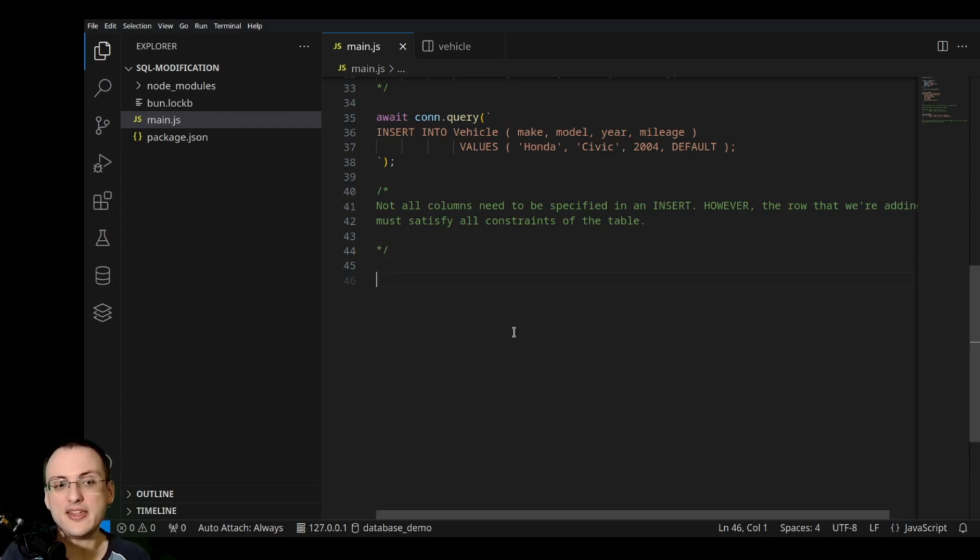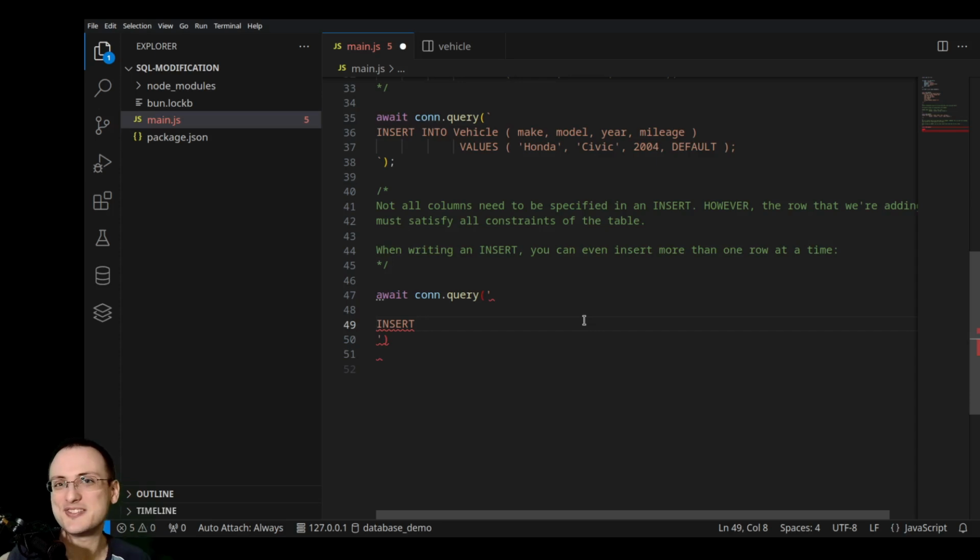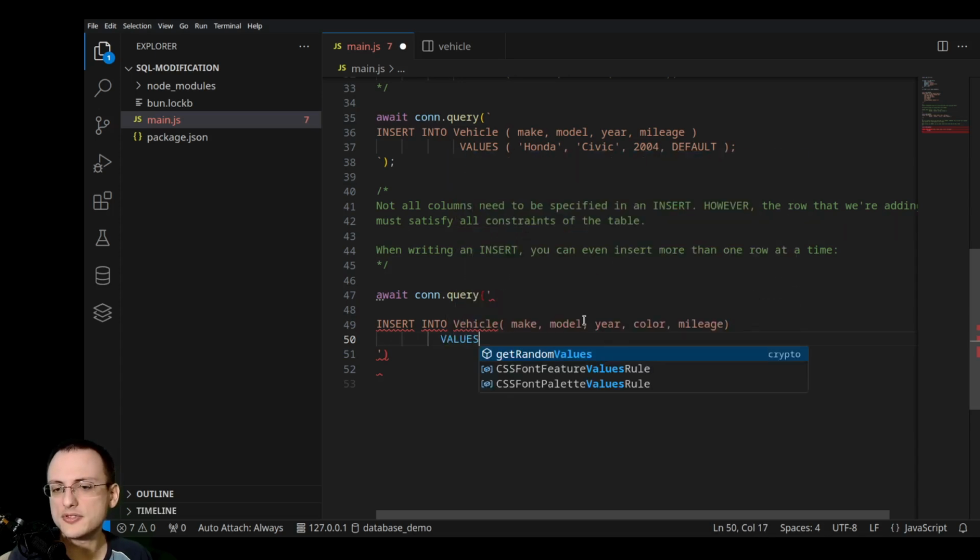The one other neat thing about insert statements is that when writing an insert, you can even insert more than one row at a time. If you want to do that, all you need to do is the same thing that we did last time, where we first write the structure insert, because this is our keyword for adding, into the table with all of our columns: make, model, year. We'll even add color this time, mileage. And then when we're specifying our values,